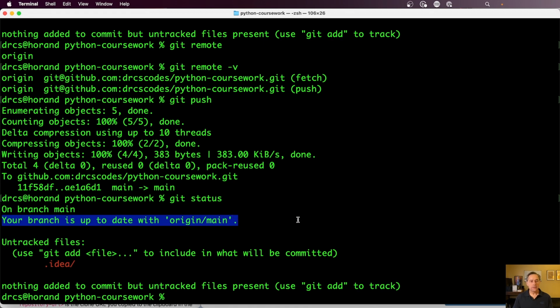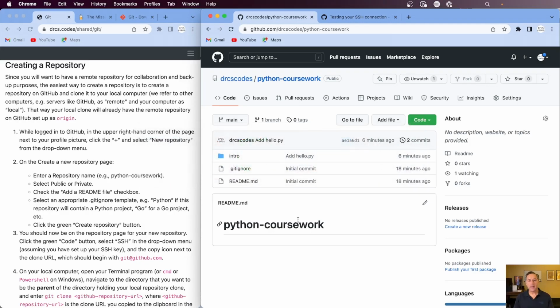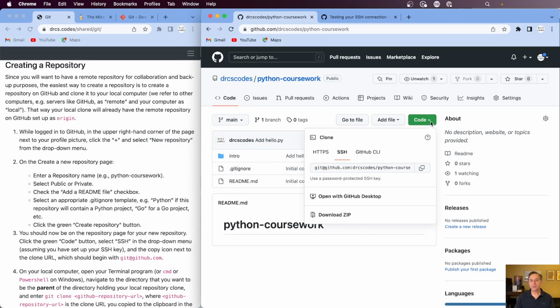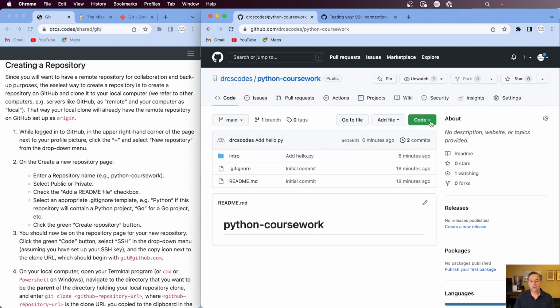So what this means, for example, is that now that we have this remote repository, if our computer goes Tango Uniform, totally unusable, and we have to start over with a clean disk, we can go back to GitHub and simply clone this repository on our new computer once we get it set up. And we don't lose our work. You can also use this approach to use several computers, and you can clone this repository on several different computers